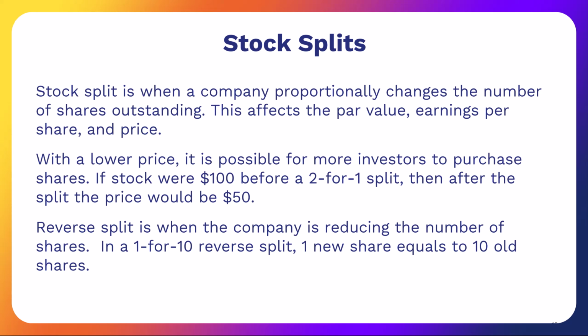Why would a company do this? It's thought that companies trade more frequently in an optimal trading range between roughly $20 and $80. This also allows what we could refer to as a reverse split. Instead of a 5-for-1 split, we could do a 1-for-5 split. This would move the price up, possibly into that range.